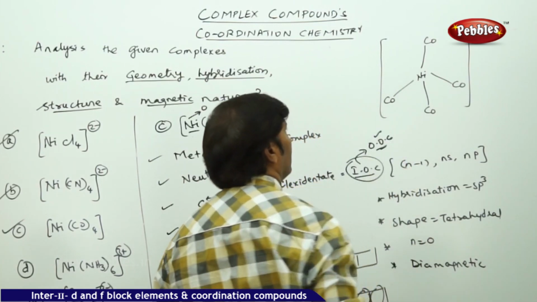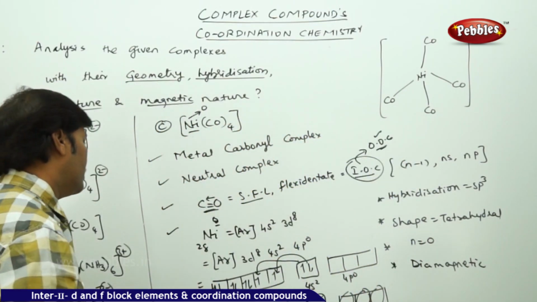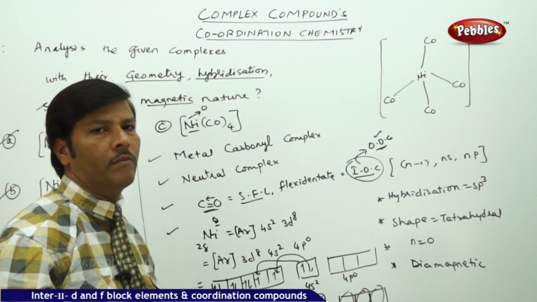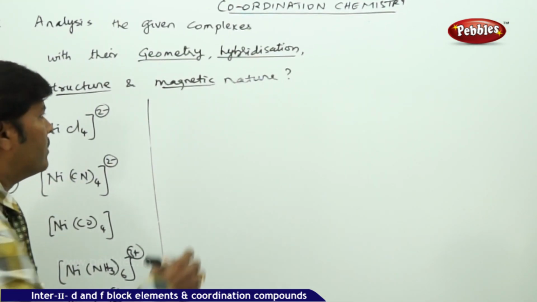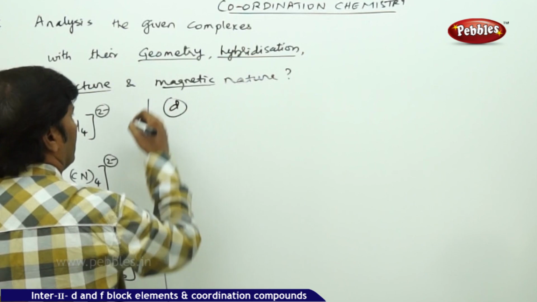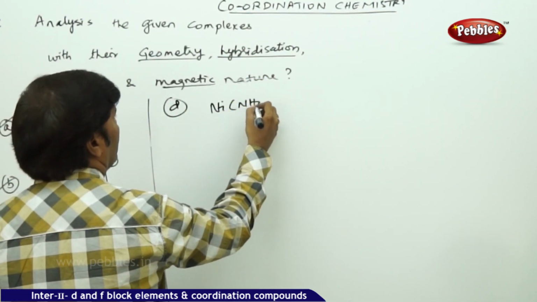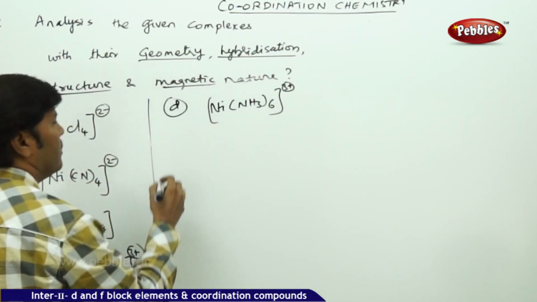This is metal carbonyl. So this is how it has the structure, and this is the complete information of the nickel tetracarbonyl. So here if you go to the next part of the complex, it's a cationic complex. So go for the d block, Ni(NH3)6 3+, write the nomenclature name of this. This is